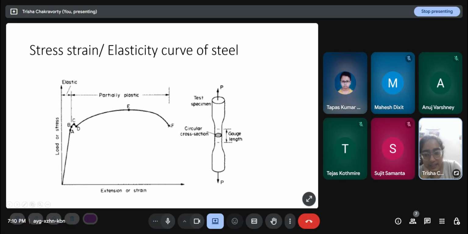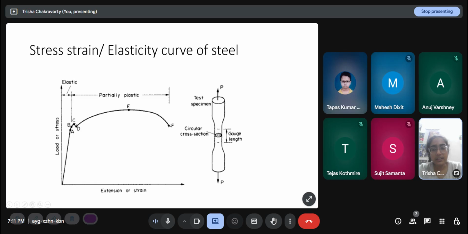A to B is a very small region. It is a region where it is elastic, but it is not linear. Elastic means that if up to B I load the structure and then I remove the load, the structure will regain its original configuration. So the strain will go down to zero. If I'm increasing the load by this path, when I unload, it will return by this path and come back to the origin. But beyond B, the elastic limit has been crossed.